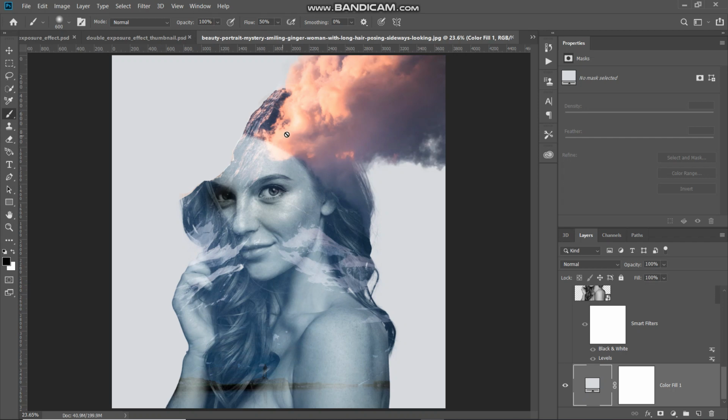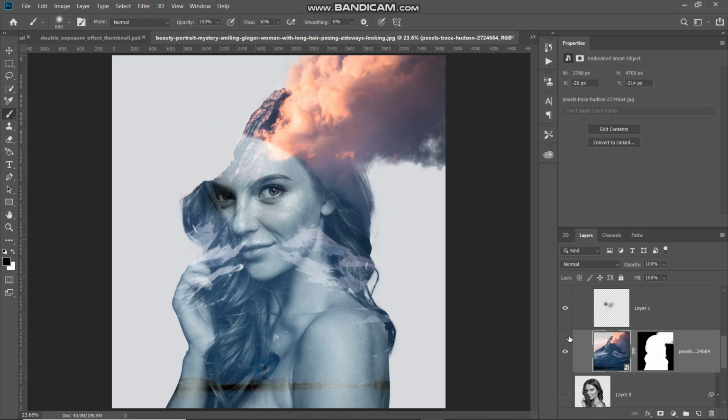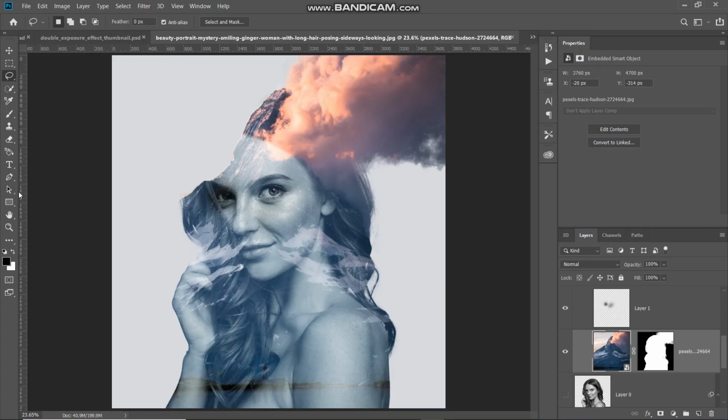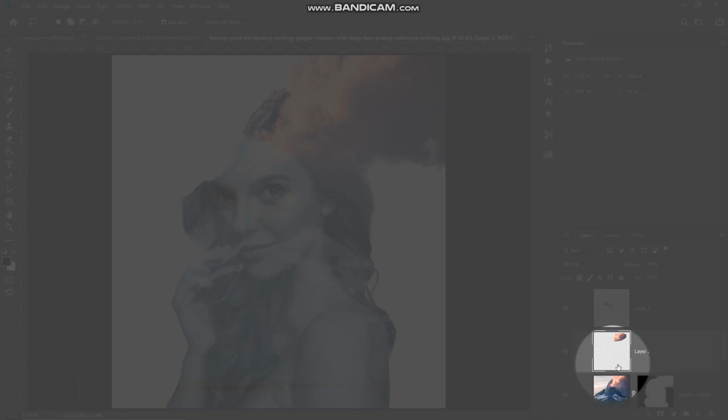Now the next thing which we can do, just as a touch up, is add some more clouds on the left portion of the image over here as well in order to make it look better. So for that, make the second image layer active by clicking on it and then select lasso tool. And then using the lasso tool, you need to make the selection of the clouds in the image over here. So let me just do that. And then you need to press Ctrl or Command on Mac plus J, which will create a duplicate of the image which is inside of the selection. So now as you can see, now we have created the duplicate of that selection over here.